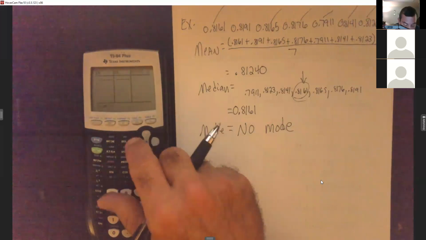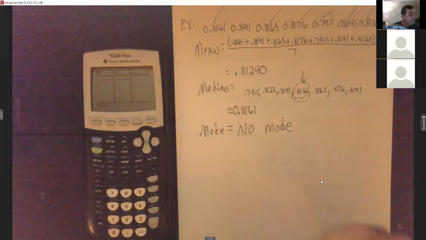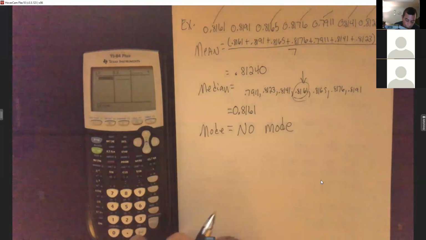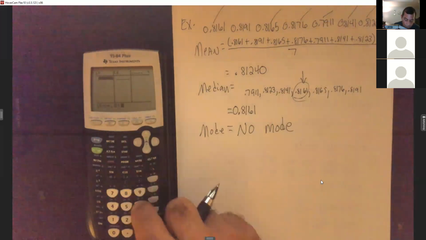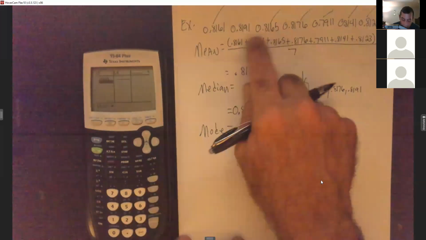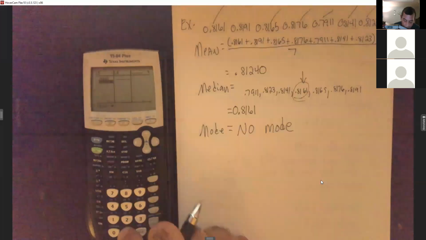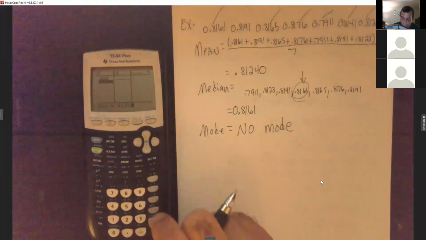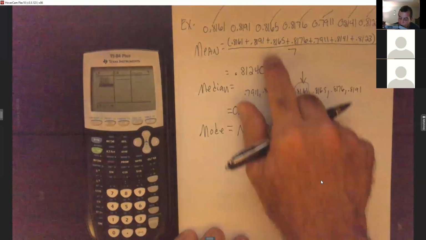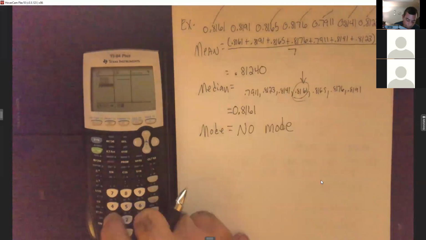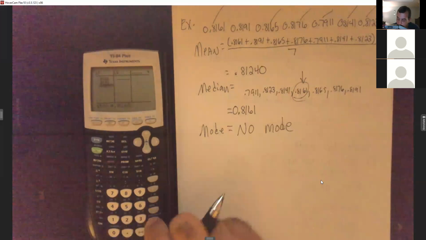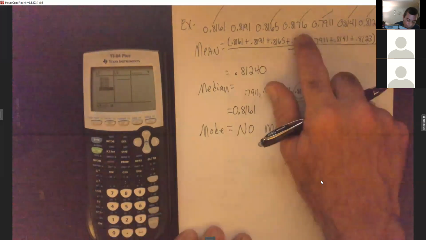And I'm in L5, so that's what I'm using, okay? So in L5, I'm going to put my numbers: 0.8161. And remember, I don't have to put them in order to do this. 0.8191. The calculator will figure that out. 0.8165, 0.8176,